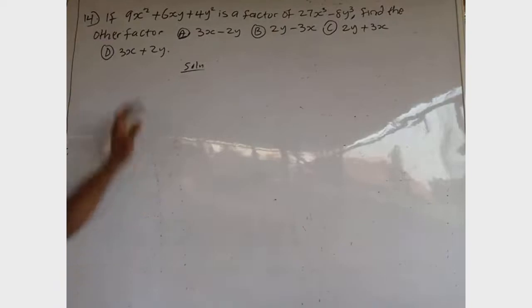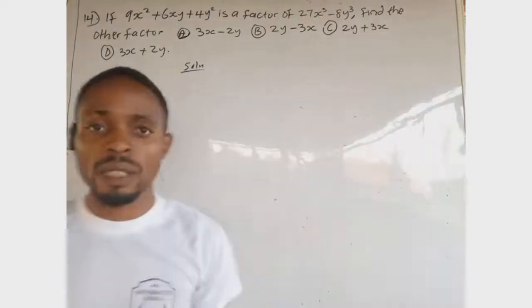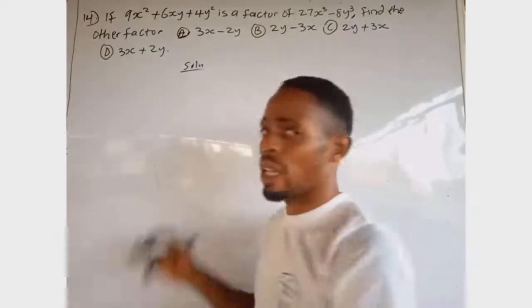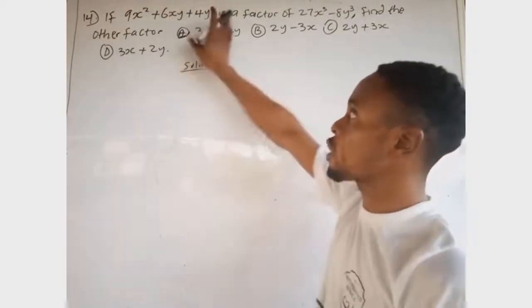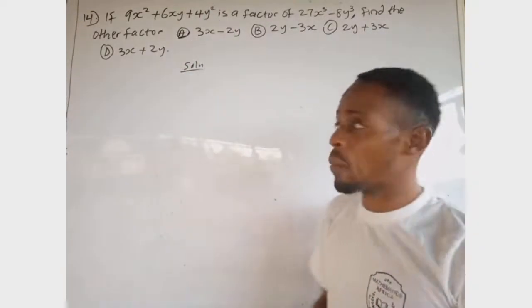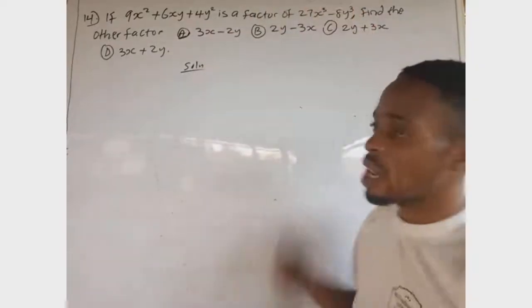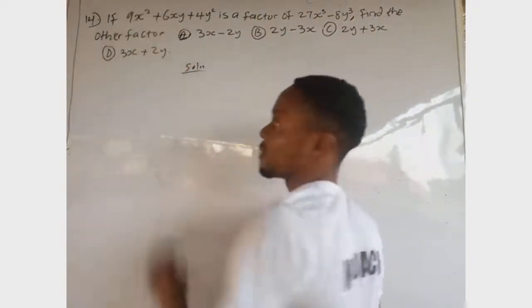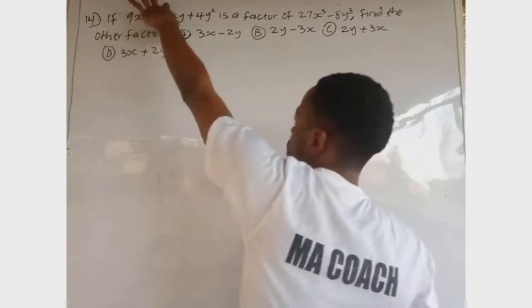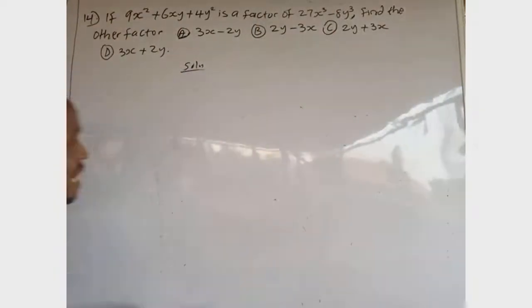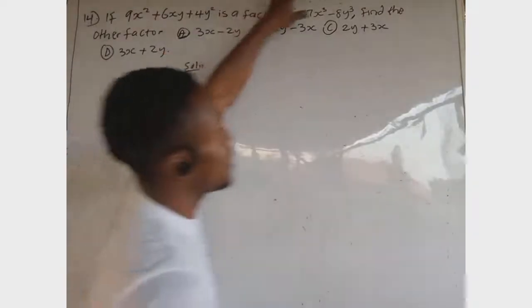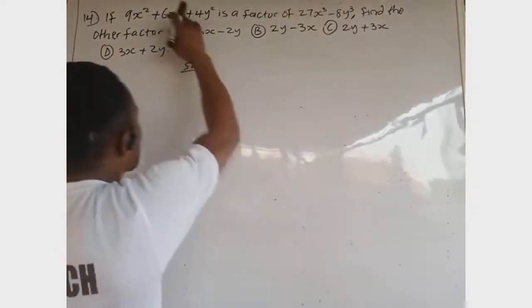So how will you solve this question now? Assuming you remember this topic very well, this particular topic is called polynomials. And this question is division of polynomials, because we want to find the factor of this. This is the first factor we are given, and I want to find the other factor of this. So how will you solve it now? It means that you divide this by this. In order to divide this by this, you use